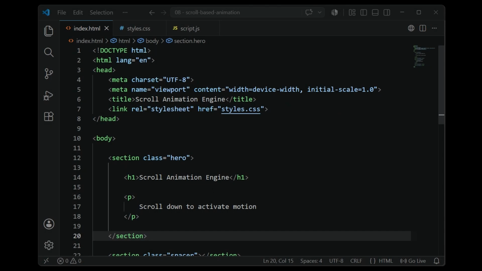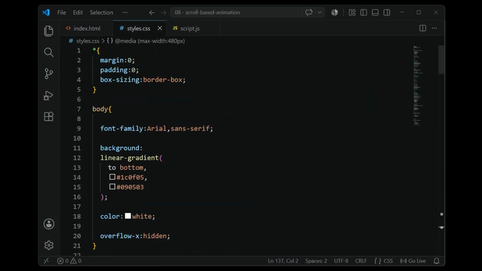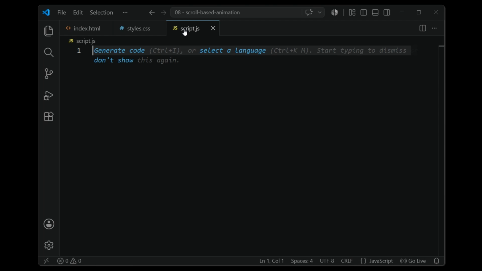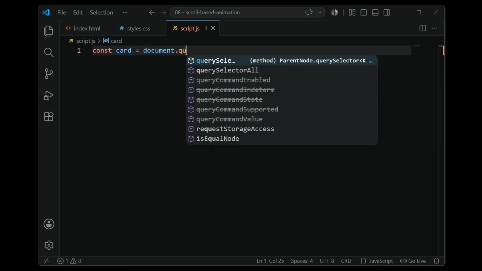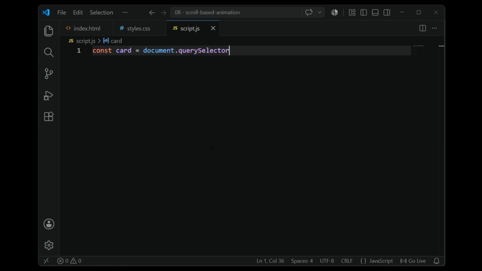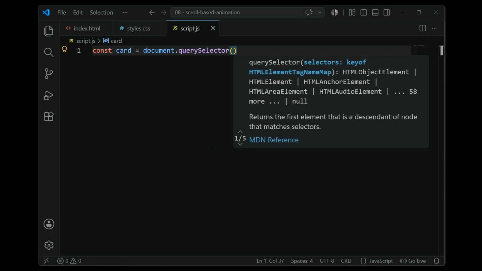So I have created the HTML structure and CSS stylings as always. Now we will go straight to the JavaScript. Initially we have to create a variable using an identifier as always. So I am creating a variable called card by using a query selector, and the class is card,